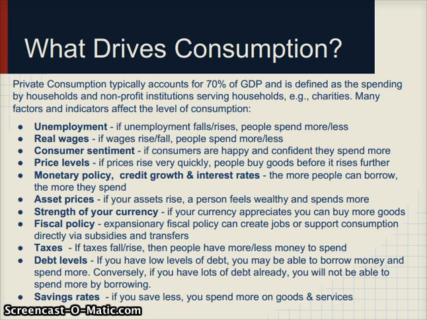Again, asset prices, going back to something which is related to price levels. If asset prices are rising, well, that means, so let's say I own a lot of stocks and stocks have risen 100%. I can decide to sell them or sell part of them and then have that money and spend that money. So if asset prices rise, then my total value or my net worth rises, or I feel wealthier because I am wealthier if I sell it.